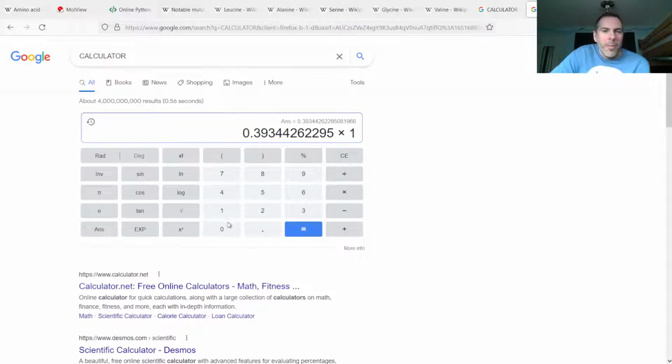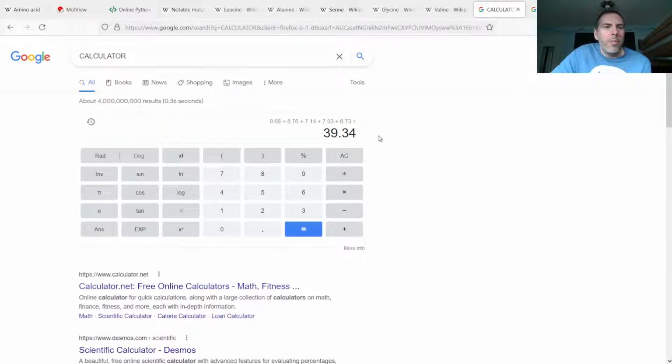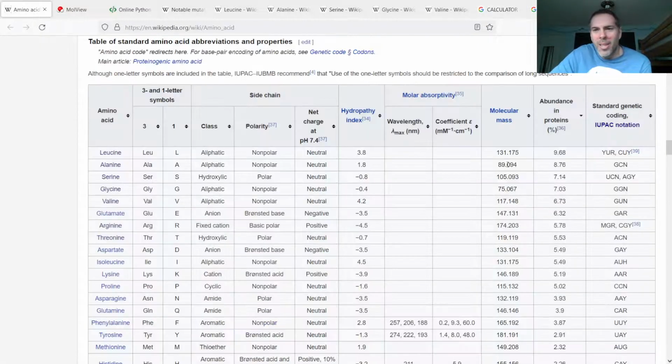So I'll just multiply this by 100 to make it a percent, and you can see 39.34% of random nucleotide sequences end up being one of our amino acids. And if you compare that 39.34% with the 39.34% from adding up the abundances, they are essentially the same, to the precision that we've seen the numbers in the table.